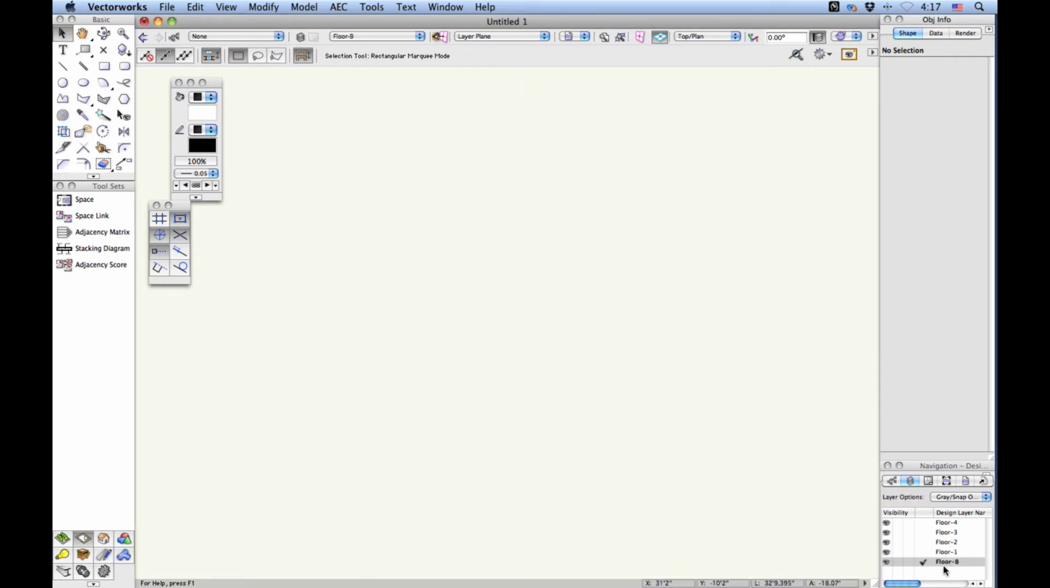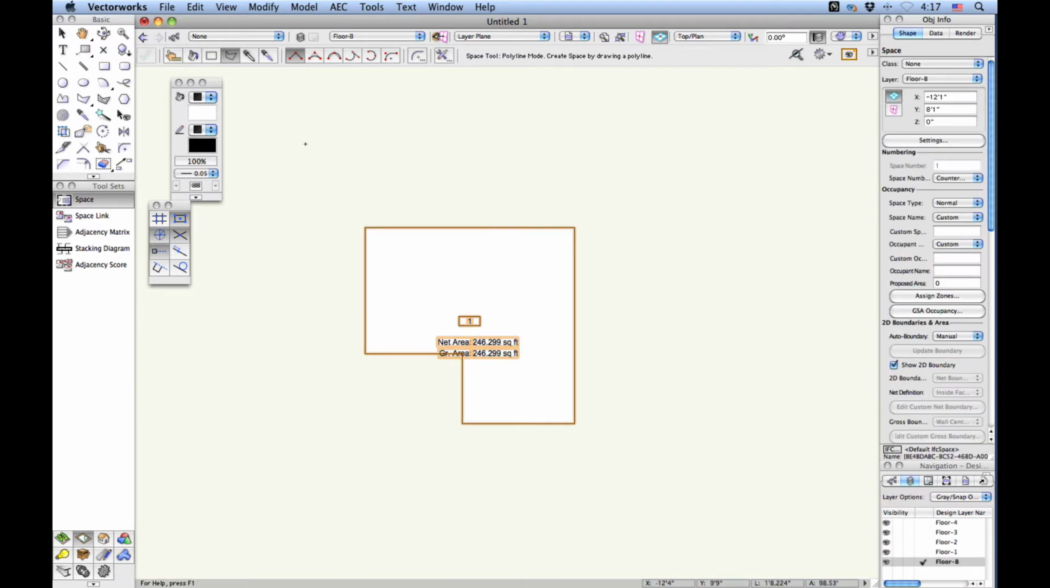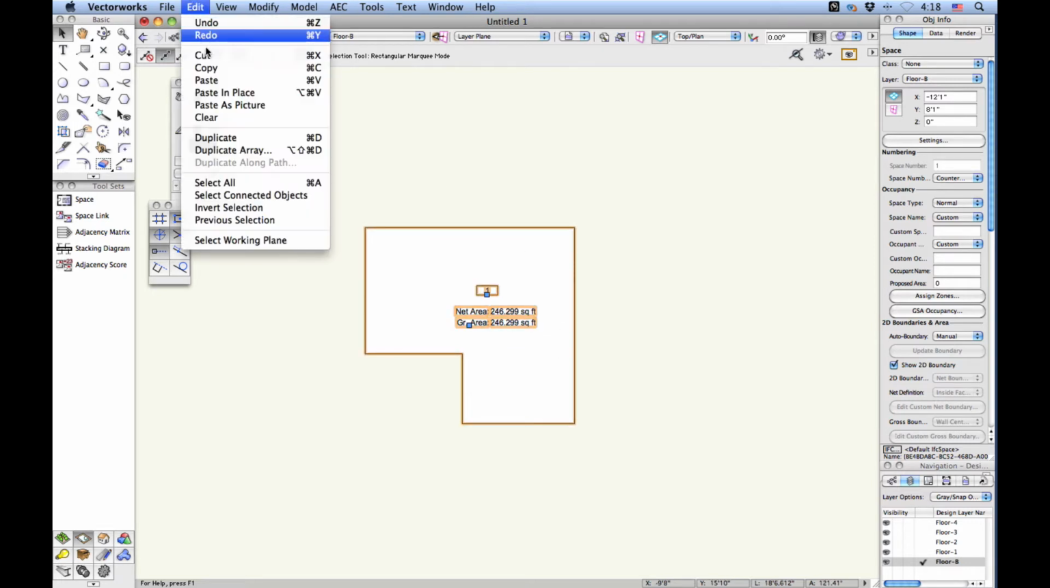Now, in order to have the layers make sense, what I'll do is I'll create a space on each floor. And I'm making a gesture here so that I get an alignment. And there's a space, I can move these tags around. And what I'm going to do is copy this and paste it into a series of layers. So I'm going to say paste, copy,